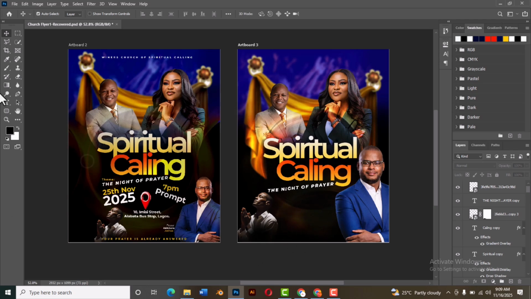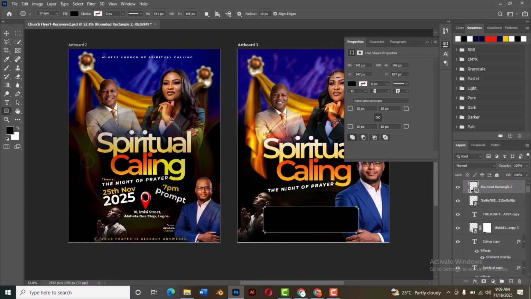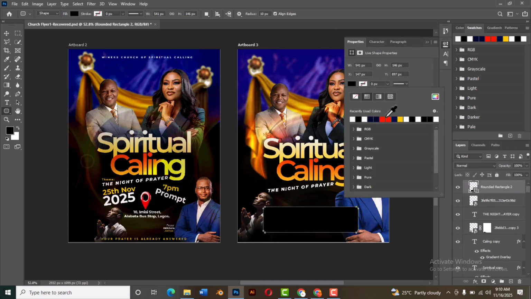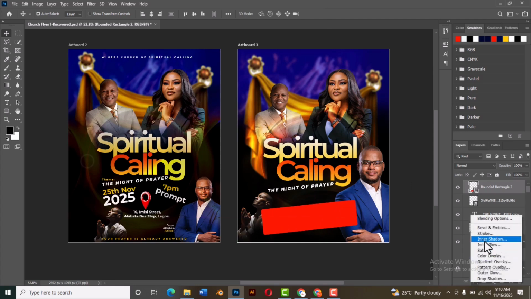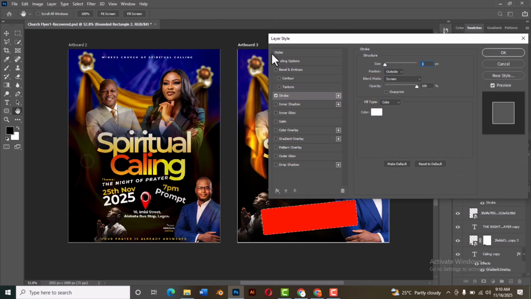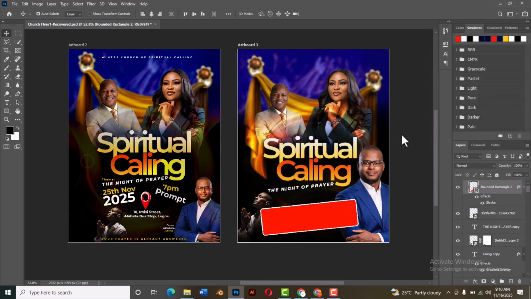Let's say for example now I want to get this so that every information about the venue, the date and time, all that, everything should be on this shape. Then let me rotate the shape a little bit. Let's say I want to give it like this. Every other info. Then I come down here. Let me add a stroke to it. Then I increase the size of the stroke a little bit. You can see